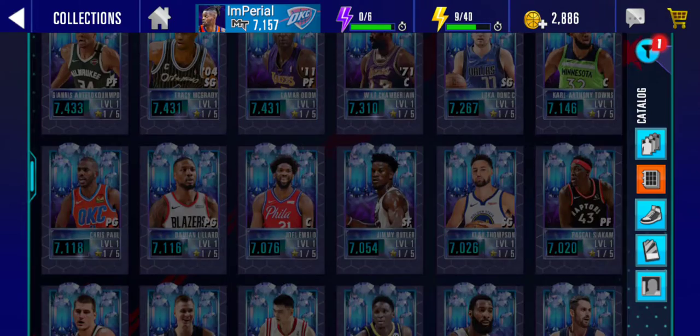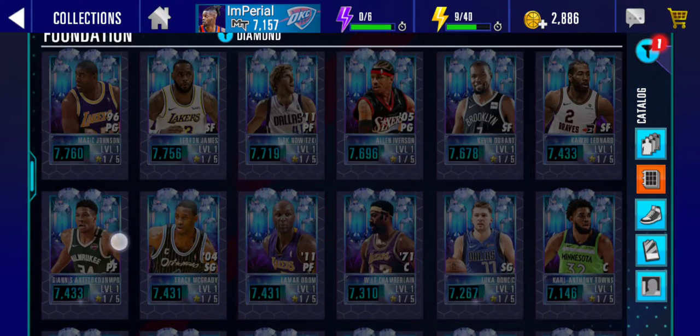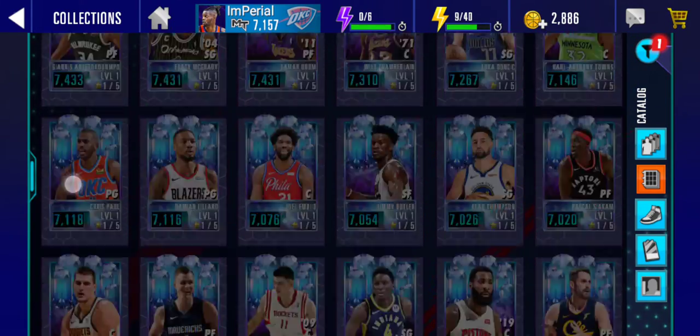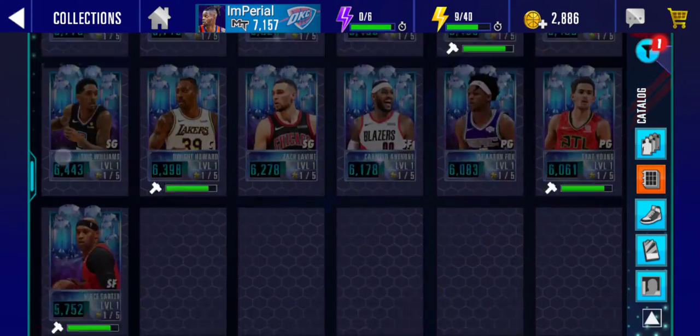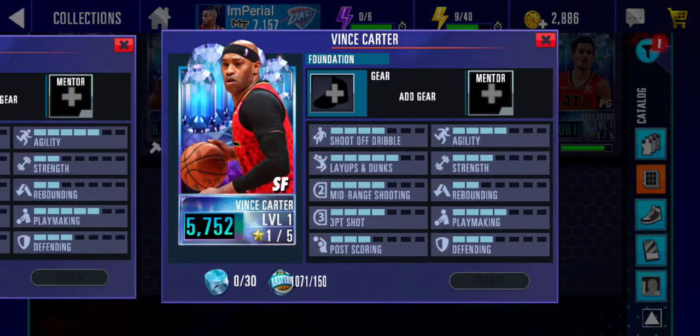We got a whole lot of them. A lot of players that we have not seen in the game yet. So we're gonna start all the way from the bottom and go up to the top, see who's here. I'm really liking this card art, but first, craftable lowest tier, lowest power diamond card that we have is Vince